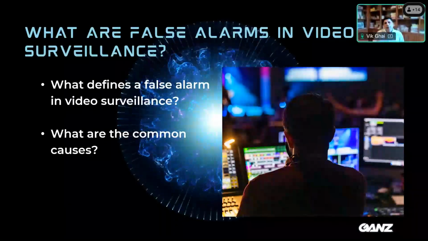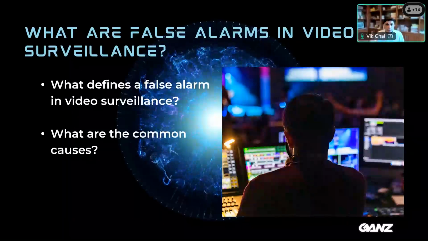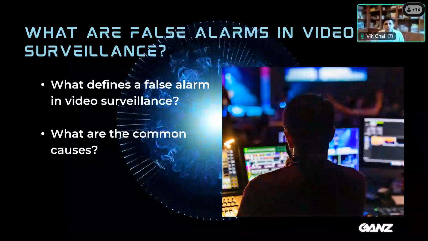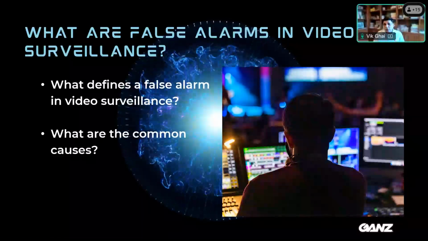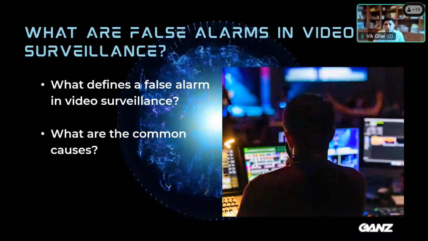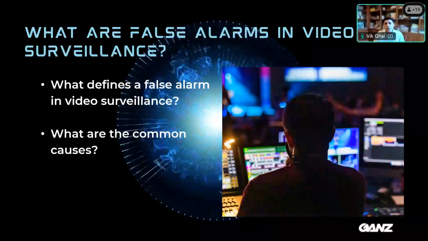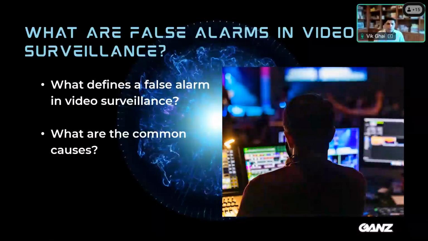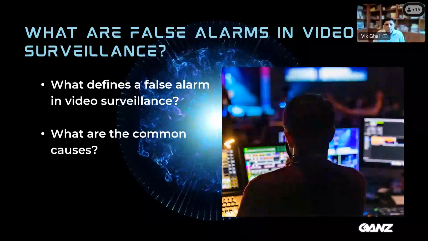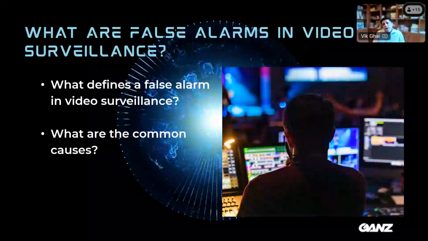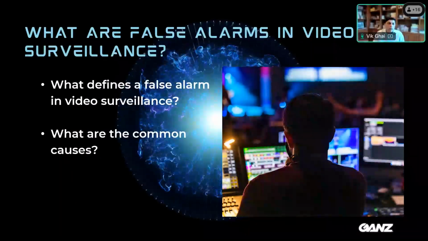And false alarms happen for a few common reasons. Here are the three major ones that we see over and over again. First, the environmental factors, especially for a video surveillance system, anything like weather, changes in weather, animals through the property, or changes in lighting between day and night, evening, and so on, changes in vegetation, overgrowth of trees or branches, and so on, can trigger the system into thinking of it's a false alarm. For example, on a windy day, moving tree branches or passing animals can set off a false alarm. The environmental factors are big.